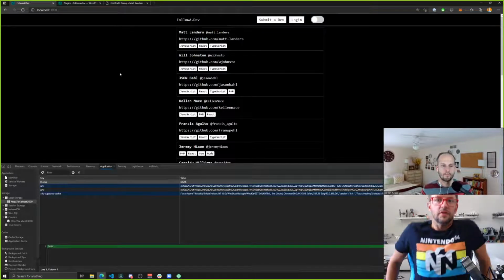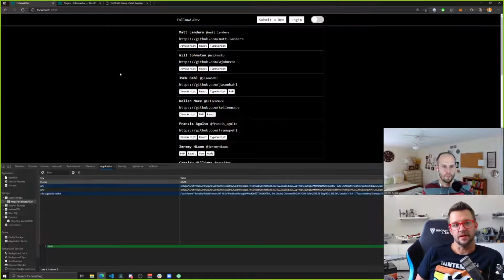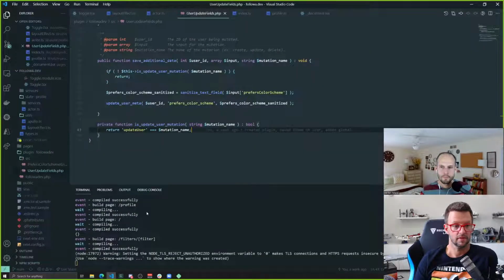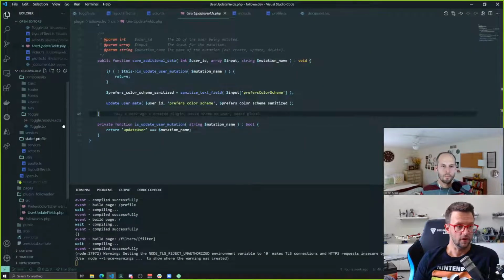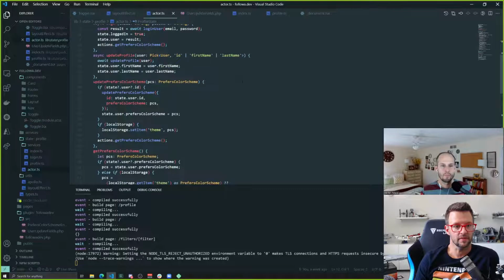All right, so I want to change this login button to not be login if I'm already logged in. So like right now I am logged in. And now that we have state, we can know that. Yep. So if we go to our state management, our actor, we should have something like,